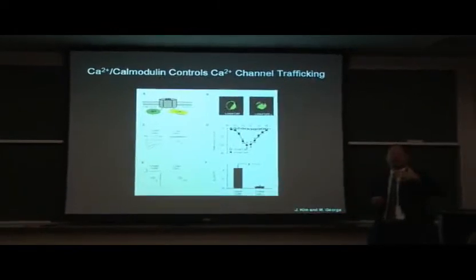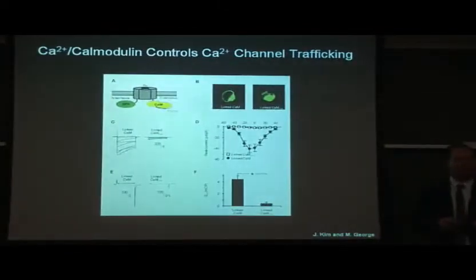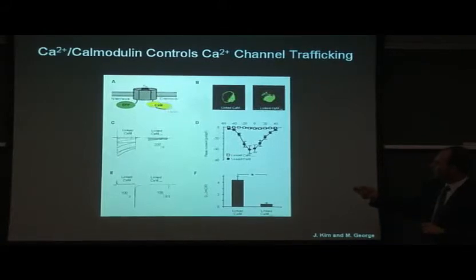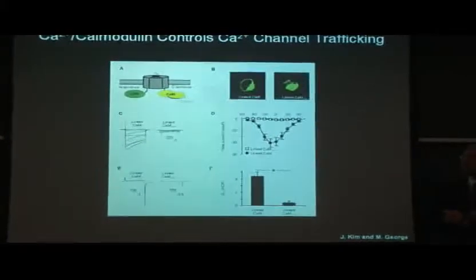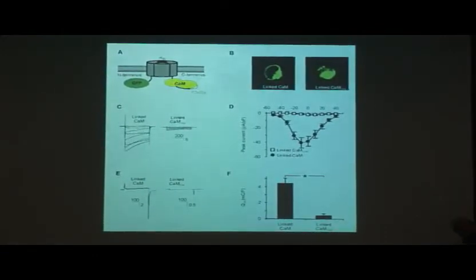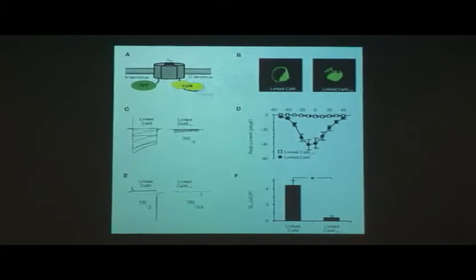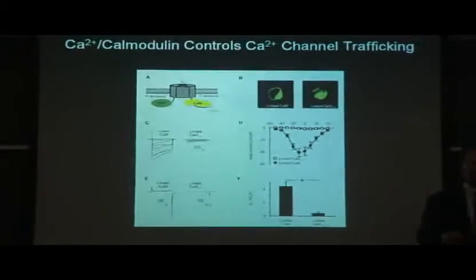Because calmodulin has multiple effects in cells, there's so much calmodulin as we've already alluded to, we wanted to restrict the role of the mutant calmodulin to the calcium channel itself. And so we made this construct where we took our GFP-tagged channel, and then borrowing a trick from David Yue, we attached the calmodulin to the C-terminus of the channel by a flexible glycine linker. And now we can make either a mutant or a wild-type calmodulin. And we know that the mutant calmodulin's function is restricted specifically to the channels, not affecting other calcium-sensitive processes